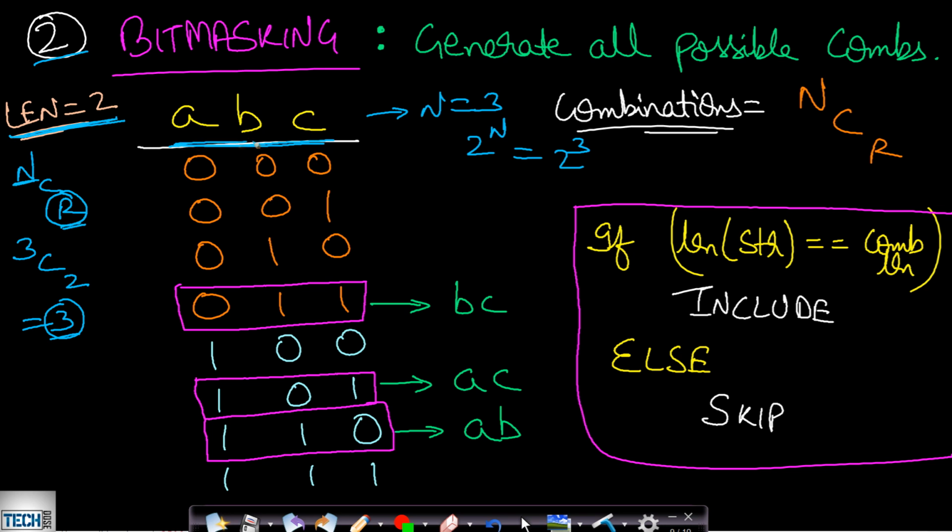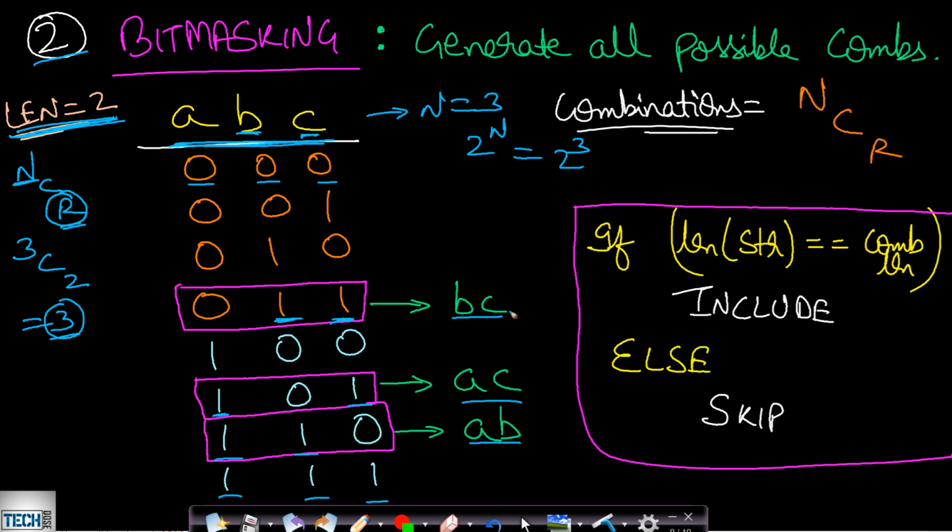So for this string ABC, what will be our mask range value? So the mask will be ranging from all zeros to all ones. I hope you understood this. So since our combination length is equal to 2, we will pick all those string combinations which will be having 2 ones. So 2 ones is occurring here, 2 ones is occurring here, and 2 ones is occurring here. So we will be taking all these 3 combinations. So these 2 ones indicate that we are including just B and C. So BC is included. Similarly, AC and AB are included. So these are the only 3 strings which will be included.